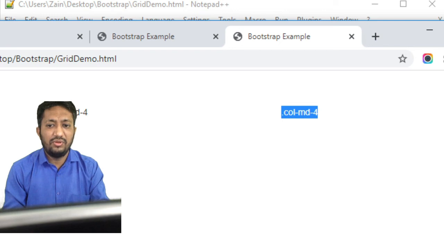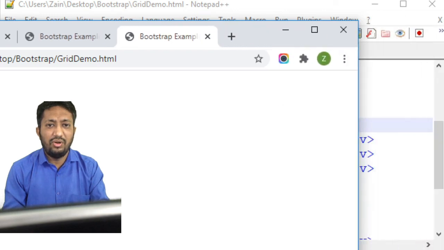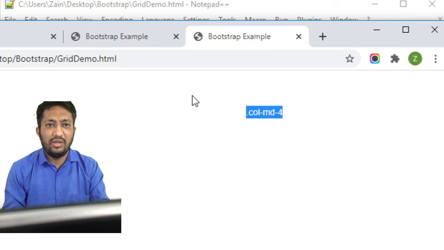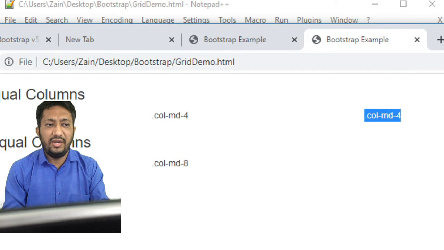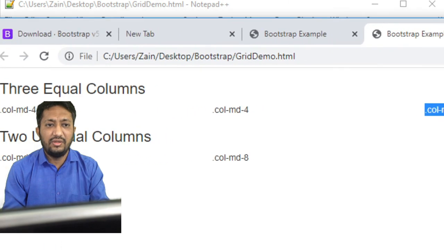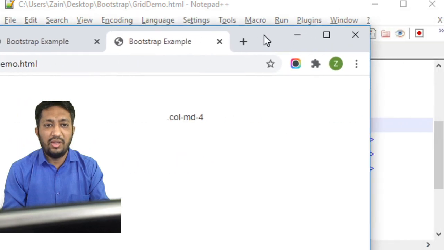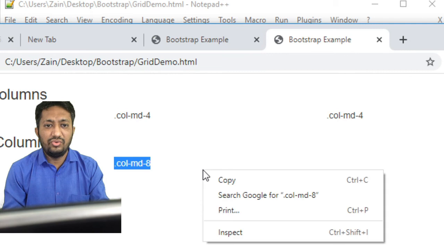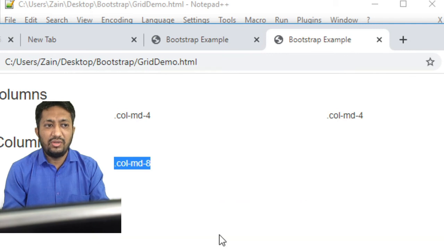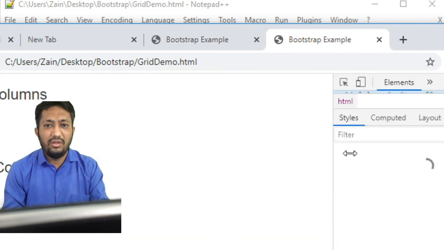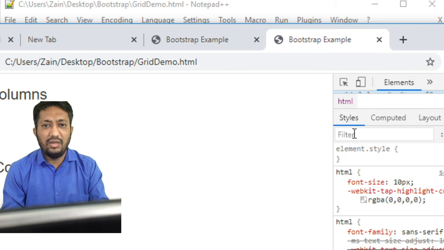Now suppose we don't want to move that, then what happens here? You can see it is responsive, because all the data items try to fit here. The first is all about my 4 columns and the second is taking the remaining. How can I do that? I can use inspect element here. In inspect element I can go to my HTML code.